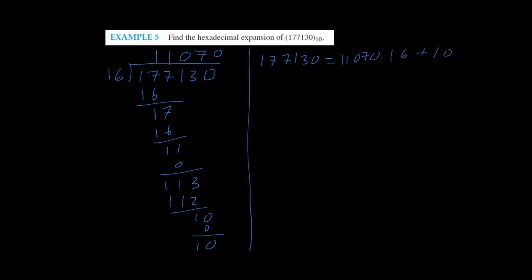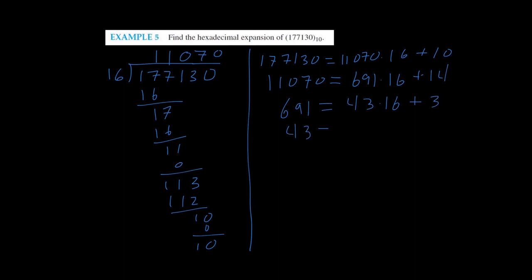The remainder was 10. Then if you divide 16 into your new quotient, you'll get that 11070 is equal to 691 times 16 plus 14. If you do the division again, 16 into 691 will give you that 691 is equal to 43 times 16 plus 3. And then 43 will be equal to 2 times 16 plus 11,